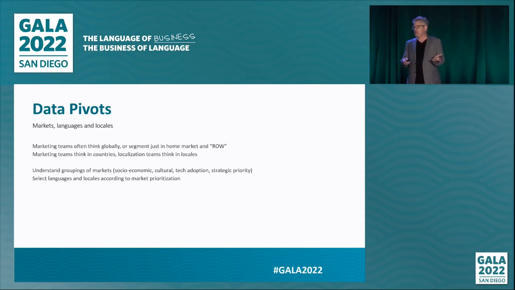localization teams will think in locales. The way that you're really presenting your assets to your users is on a language or language plus market on a locale specific page. And so sometimes it's even that first step of communication where you really have to tell people, okay, this one language page, often it is actually the EN/US page, also serves all these other countries because we don't have a specific page for them. And